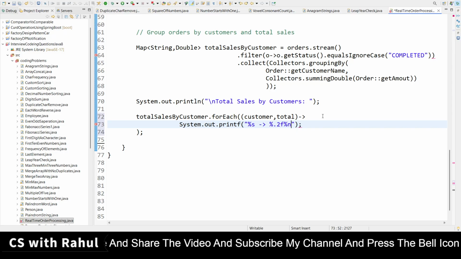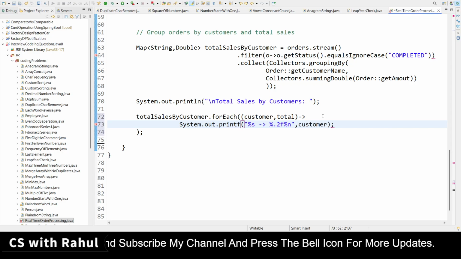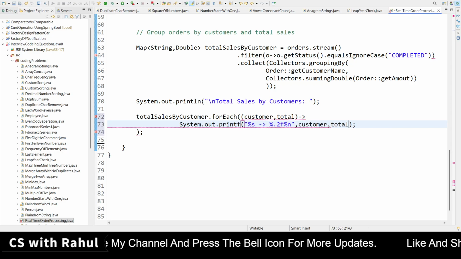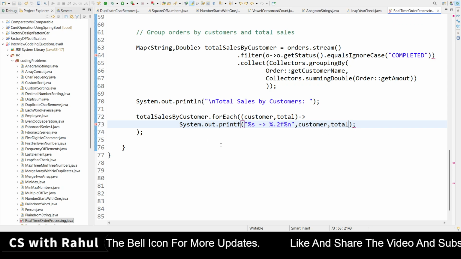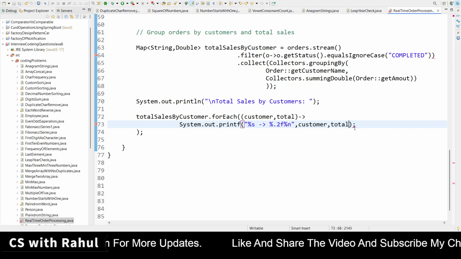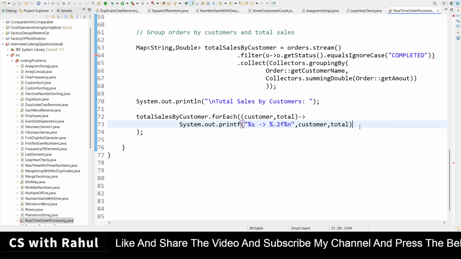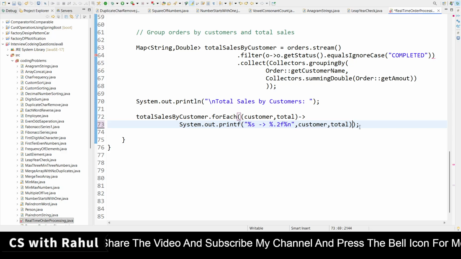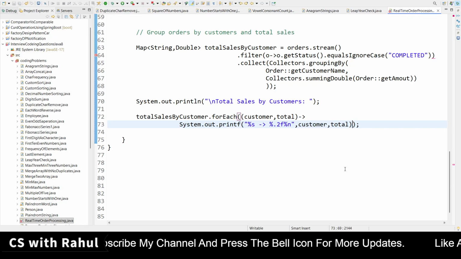And here we will provide the customer for first parameter and total for second parameter. Just save it, guys. Now it's fine. Let me close this bracket here. Just right click and run as Java application.